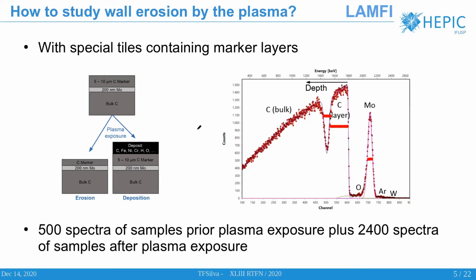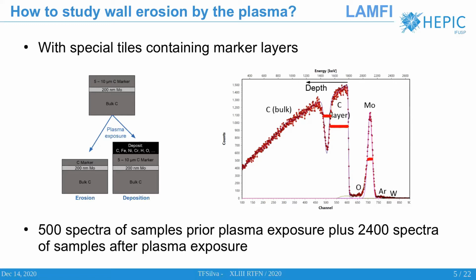So basically, what we have to do is to measure the thickness of this layer system prior to plasma exposure and after the plasma exposure, and then take some conclusions about the heating point of the plasma and so on. This is easier said than done, just because the tile is very big, and then we have many spots to analyze. Actually, in this presentation, we had 500 spectra of the samples prior to plasma exposure and 2,400 spectra after the plasma